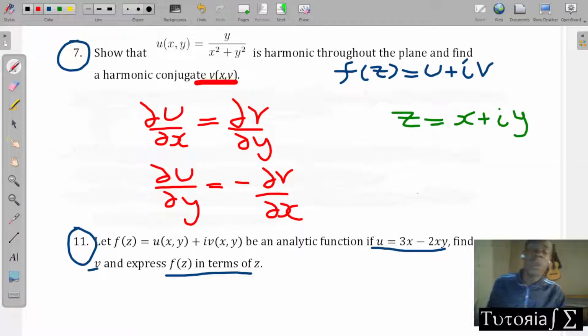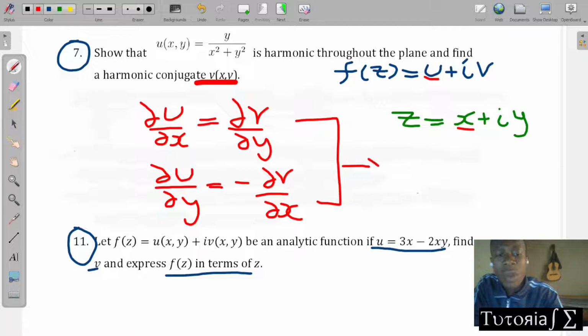So this is how you can remember them, because remember, u is the real part and x is the real part. So when you have real part over real part, we're just going to have imaginary part over imaginary part, because these are imaginary parts. And when you have a real part and an imaginary part, this will be equal to the negative of the imaginary part over the real part, like that. So either of these formulas will be used in situations where you are given u maybe as a product,